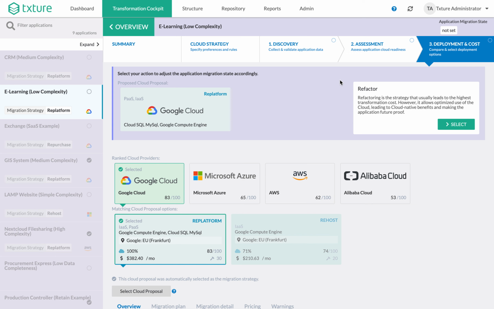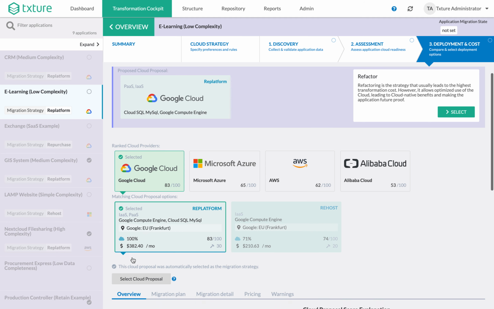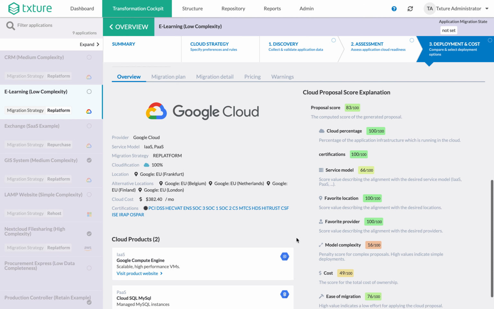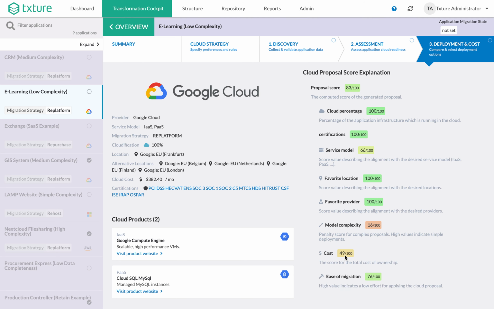And here we see those different kinds of recommendations for transforming this application. So in this case, GCP has been ranked the highest for a specific price, and we can look into the details here, how this actual score came to be. For example, with regards to the costs, the ease of migration, the favorite provider, in this case, the deployment location,